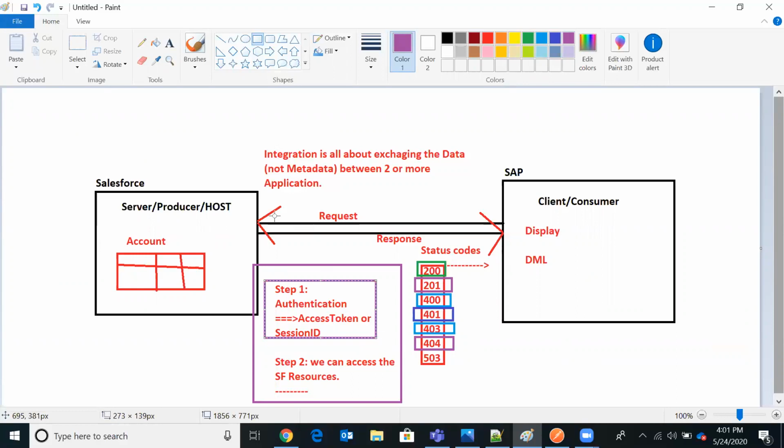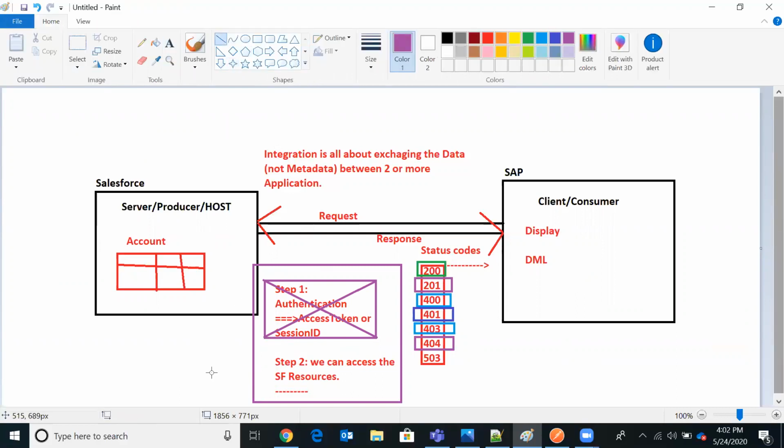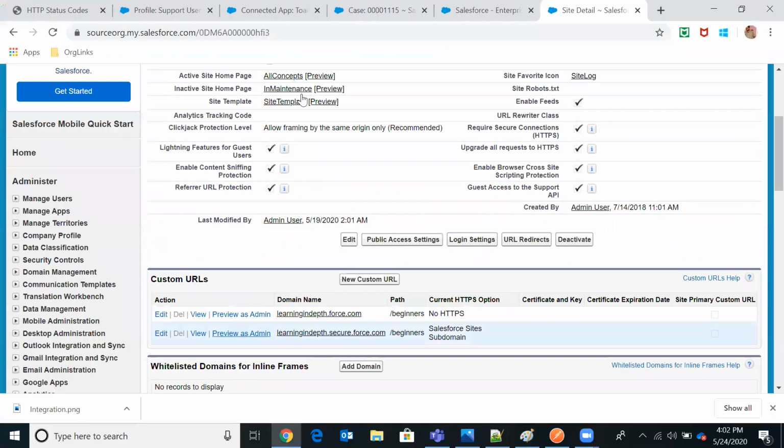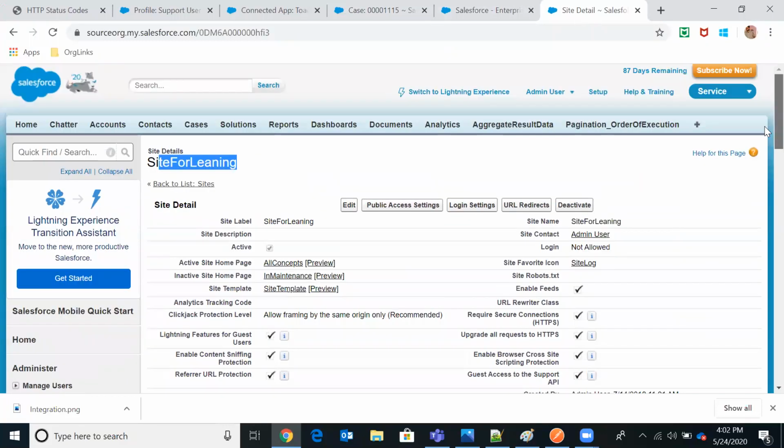If you don't want to utilize step one and you directly want to go to step two, then I can go with force.com sites. So now I have a force.com site ready here, and in the force.com site, for a guest, you will have a profile.